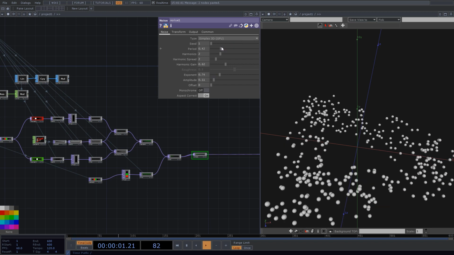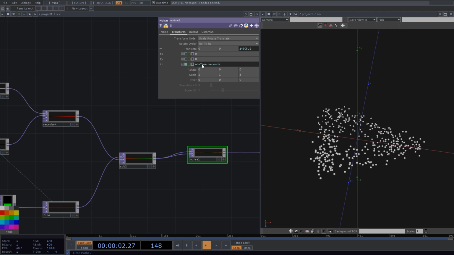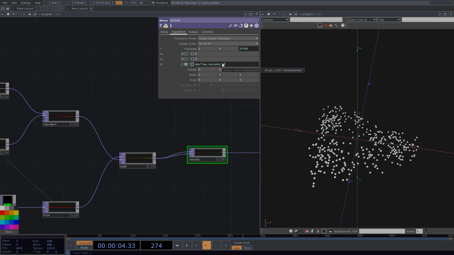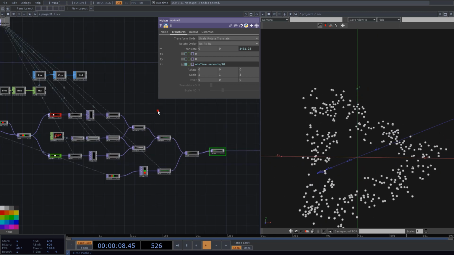Okay, and let's make it move a little. So we use absTime.seconds, divided by 10, let's say. Okay, so we have those points now,